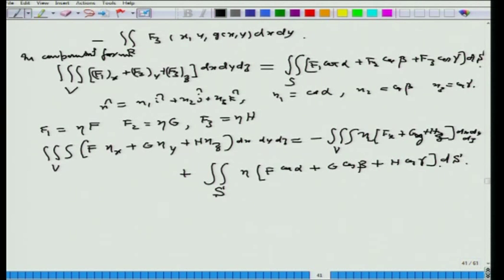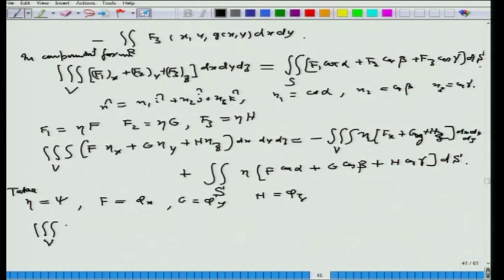So, we get this, and if we take eta equal to psi and f equal to phi x, g equal to phi y and h equal to phi z, we get this